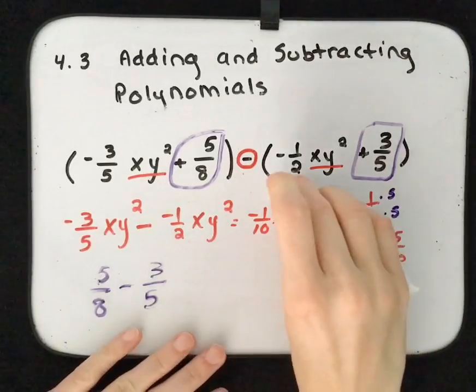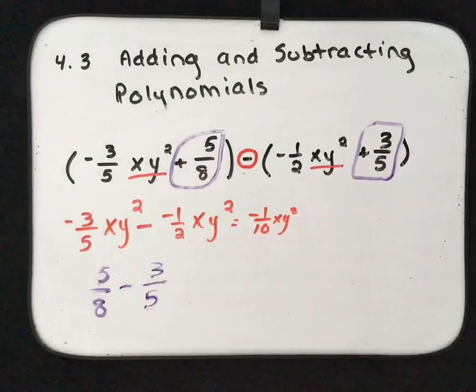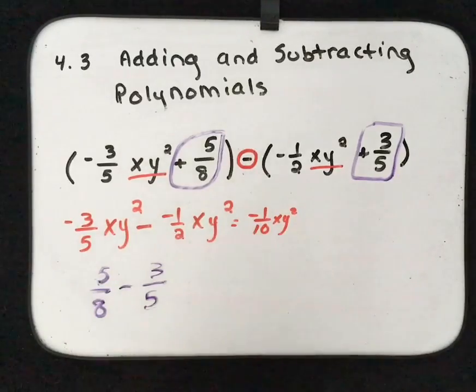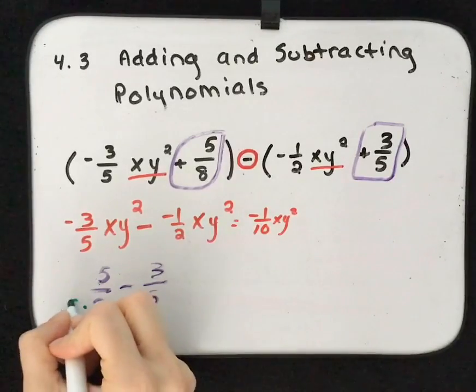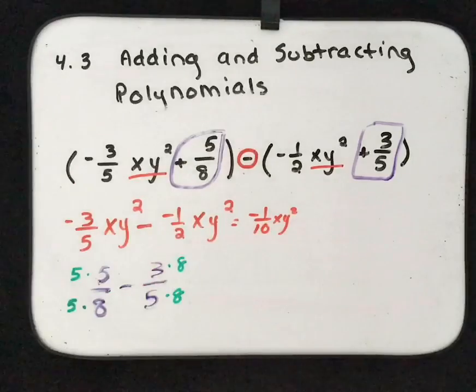Let's move this work out of the way so we have a little bit more space. Same thing if we're looking at our fractions here. We have 5/8 minus 3/5. So I need a common denominator. So if I multiply this one by 5 and 5, and this one by 8 and 8,